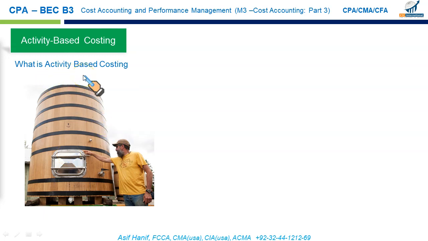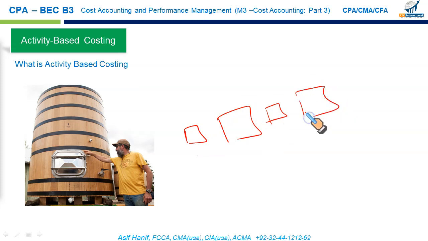What is activity-based costing? Activity-based costing basically refines upon the traditional costing methods, but it has a very distinct assumption that resource consuming activities, material handling, production scheduling, so on and so forth, with specific purposes, they are the ones who cause costs. And if different items we produce demand these resource consuming activities differently, then that is why we should have different cost of each unit of production. If they consume these activities differently, they should cost differently. That is the idea of activity-based costing.